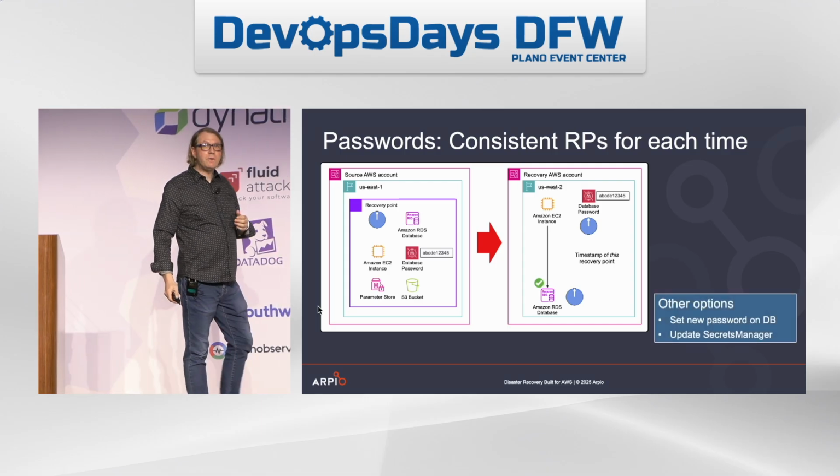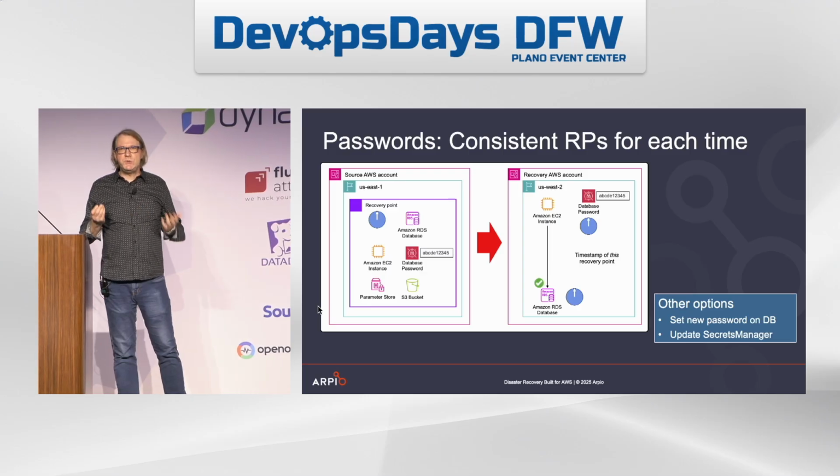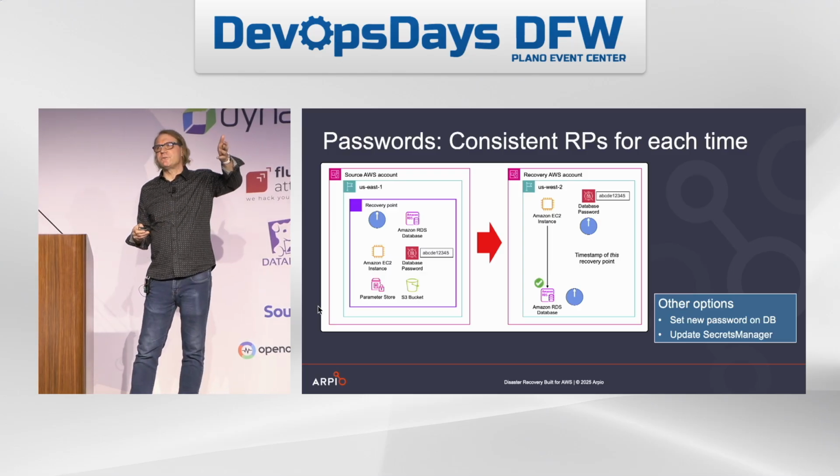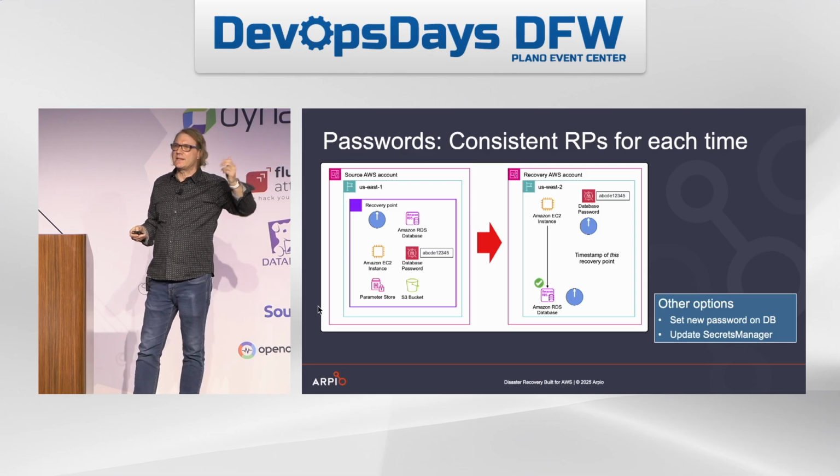Human issue. Now, you might be thinking to yourself, the more common solution for folks is simply, when they recover the database, to change the master password. You could do that in AWS. In which case, you're going to then have to update Secrets Manager with the new password, or wherever the application is getting the password from. You've got to make sure that's updated.